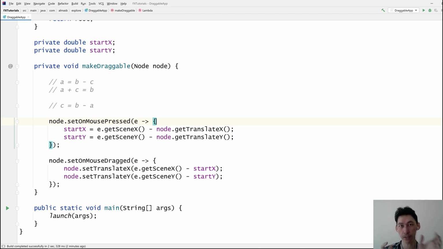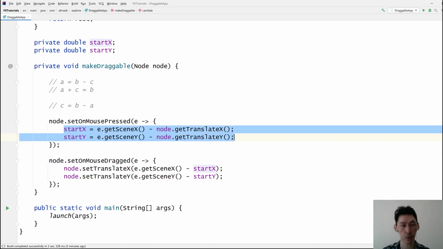Click is when you press and release. So you want setOnMousePressed rather than clicked. And then onMouseDragged is when you are still holding the button pressed and now you're moving the mouse. It's no longer a mouse move event, it's a mouse drag event, which is going to call this piece of code, which just inverts what we had here